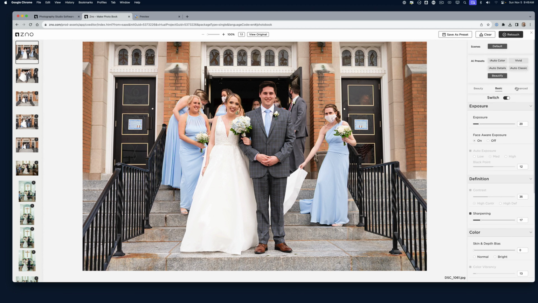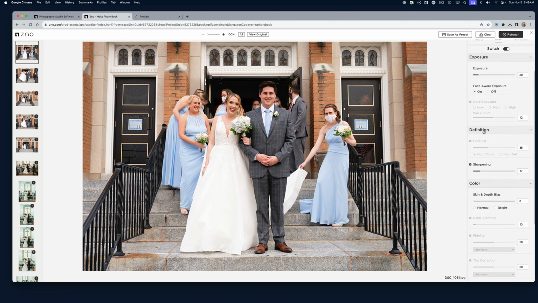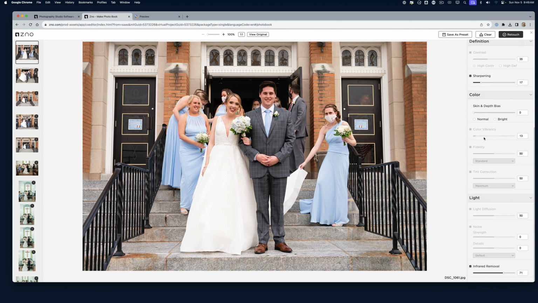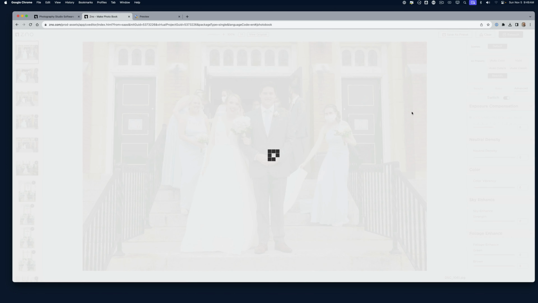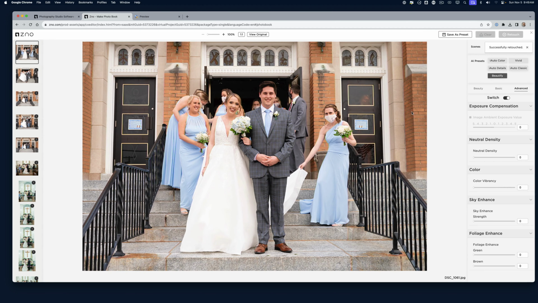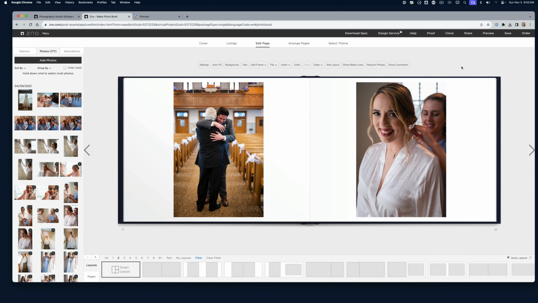Basic beauty. Okay, so we got different tabs. Exposure is good. Skin color, okay. Advanced. Neutral density. That's interesting. Okay, so we're just going to hit retouch. So this photo should have been retouched. Quick look at Zno's retoucher feature. Original. Updated. Let's close that. Okay. Now,